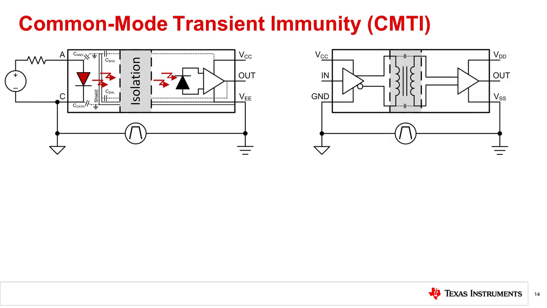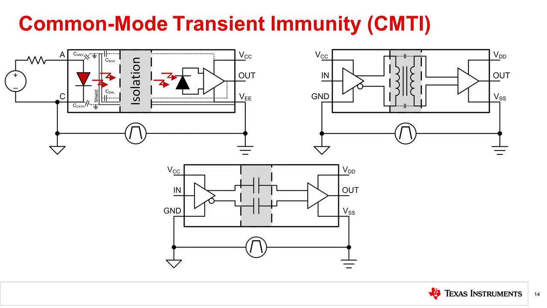Transformer isolators are primarily impacted by the parasitic capacitance between the transformer primary and secondary, though designers can adjust coil distance and placement to adjust the parasitic values. Capacitive isolators unavoidably couple the transient directly through the communication medium, and must be carefully designed to mitigate this problem.